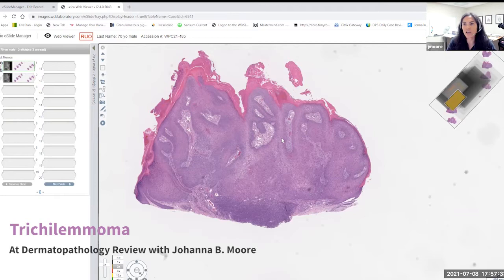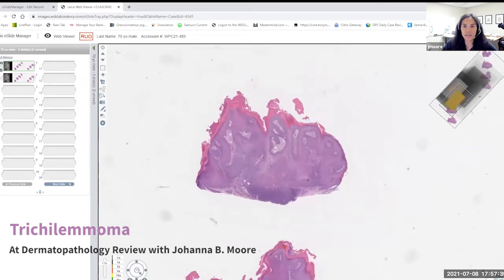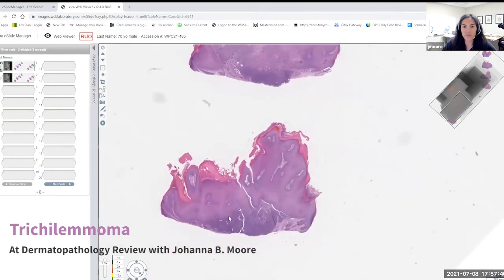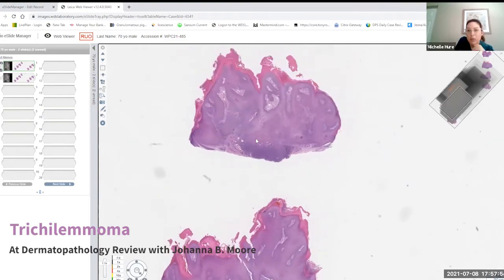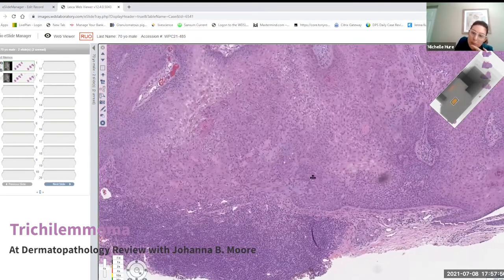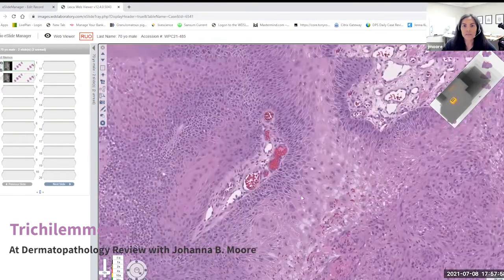Squamous lesions can be challenging, sometimes even more challenging than melanocytic lesions. And this lesion is a kind of verrucous lesion with this broad base, almost trying to be endophytic. It has the collar of rete around it and a little bit of inflammation. Looking a little closer,